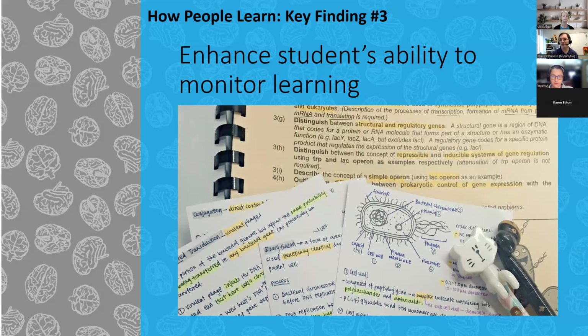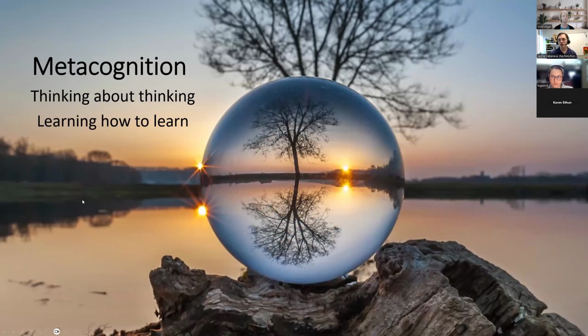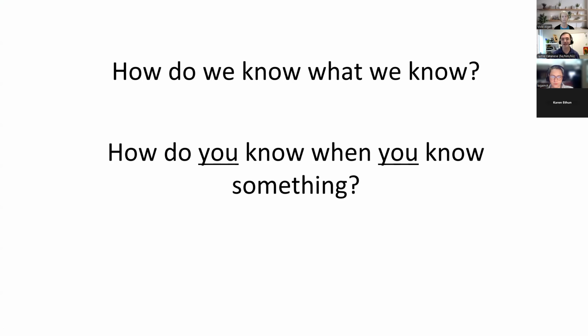All right. The third key finding is enhancing our students' ability to monitor this. They're going to be doing things in the class, but how are they able to know that they're actually learning? This is the idea of metacognition: thinking about thinking, learning how we learn. It's the philosophical question of how do we know what we know. You know something; how do you know that you know it? What gives you confidence that, yeah, this piece of information, I know this,